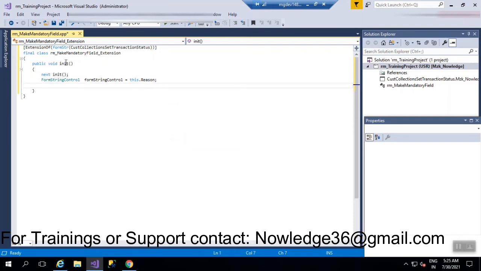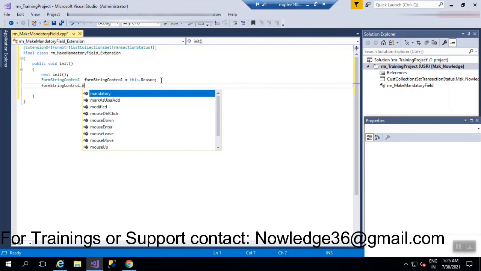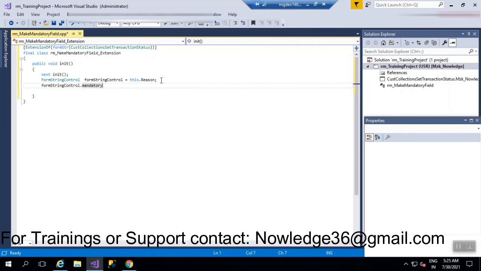And now we have to just copy this buffer. Let me copy this buffer and paste this. Now dot, we have to make the field mandatory, right? So just keep it as mandatory.